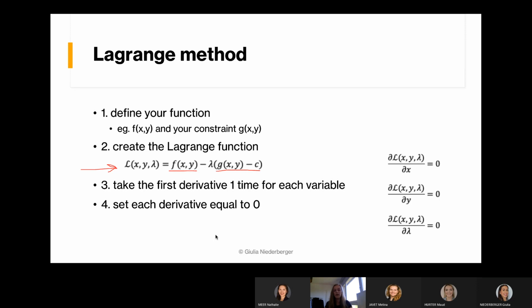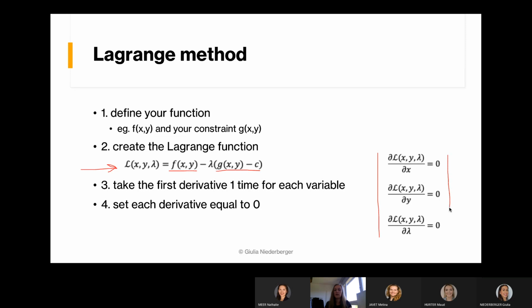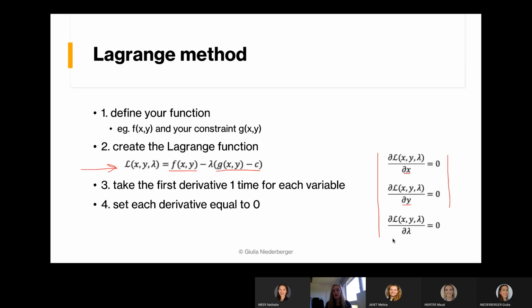And then you take the derivative with respect to each variable. So as you can see here, you will end up with 3 different first derivatives, which you all have to set equal to 0. The next step would be to solve the first 2 equations, so these 2, which are with respect to x and with respect to y. You solve them for lambda. And then you set them equal to each other in order to solve for one of the variables. So that way you already got rid of one of your variables, you only have 2. Then you solve for one of those variables, like for example, it could look like this, that y is equal to 2x. And you plug it into your third derivative, which would be the last one,